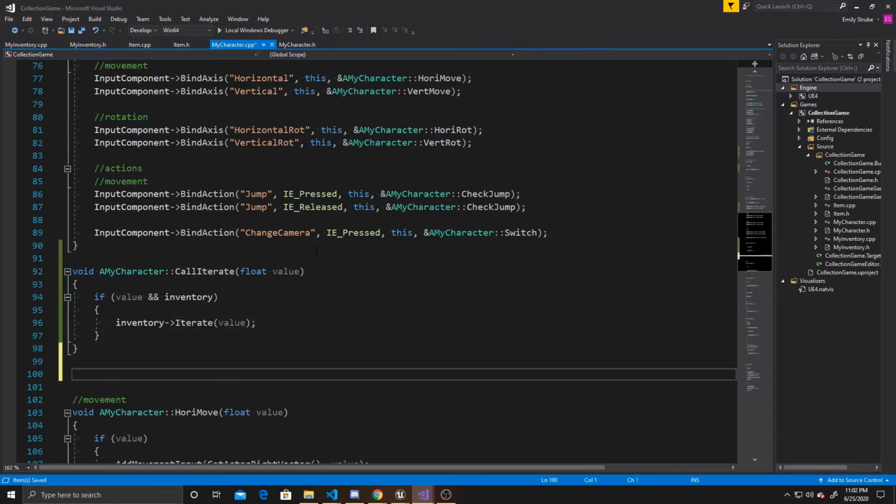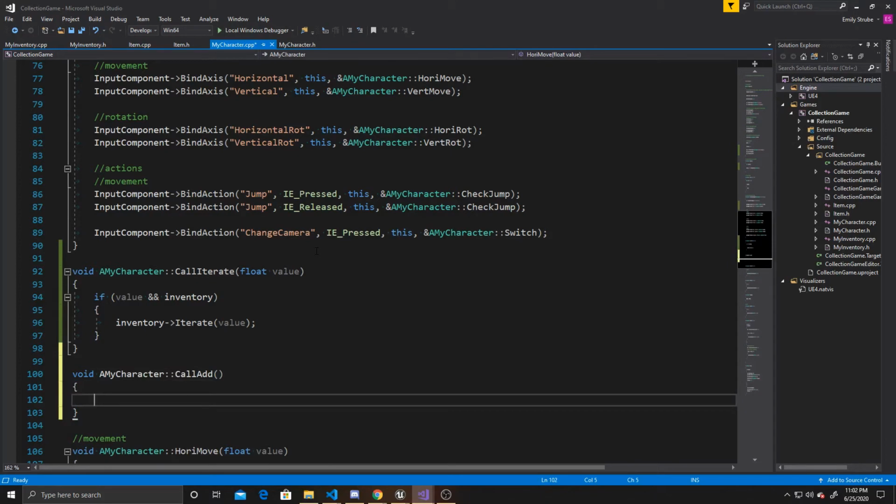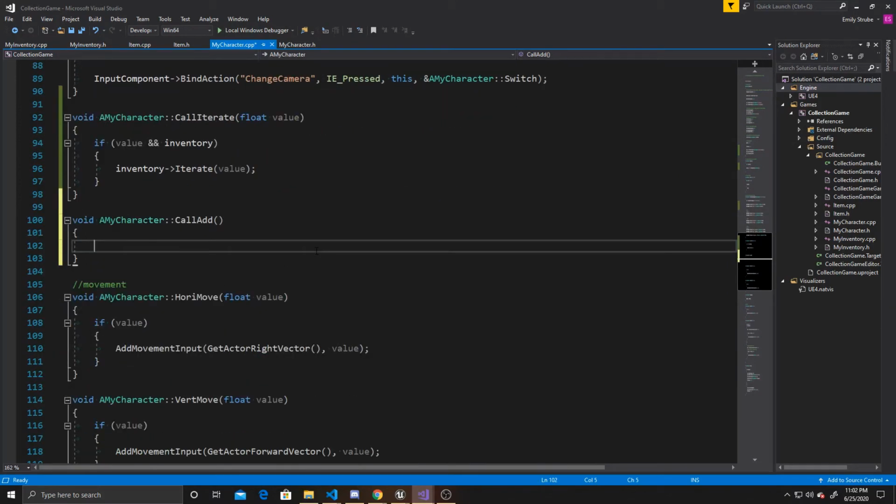So we can go ahead and go down and create our callAdd function. So again, it's void and myCharacter callAdd, and this one had no parameters. And the first thing, similar to above, that we want to do inside this one is make sure that our